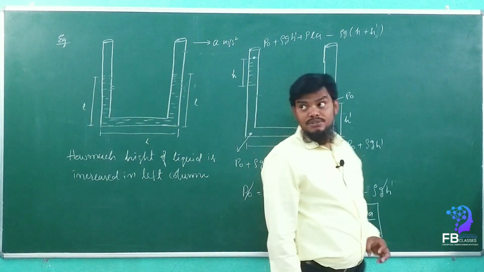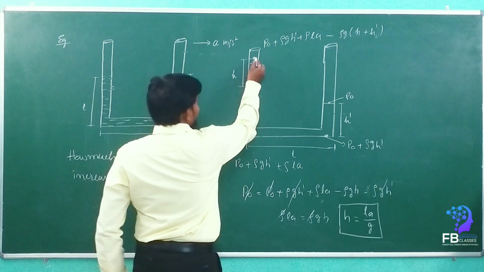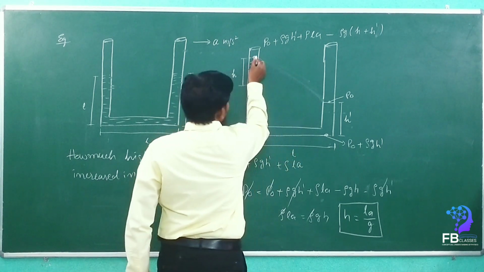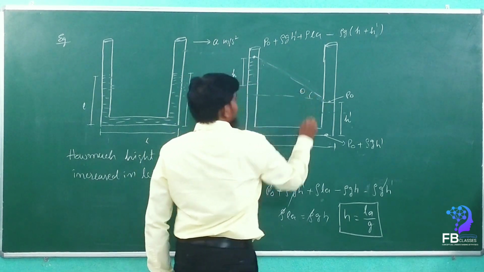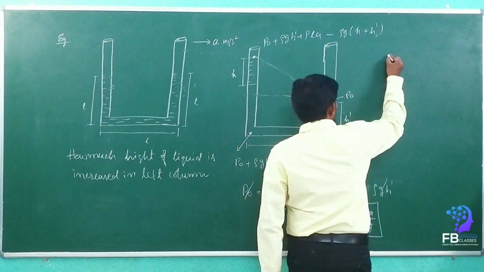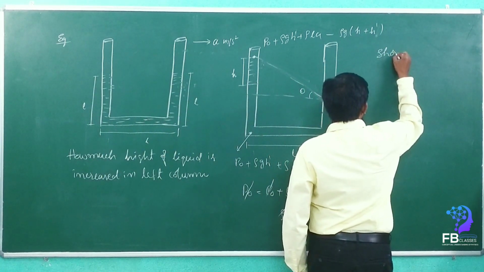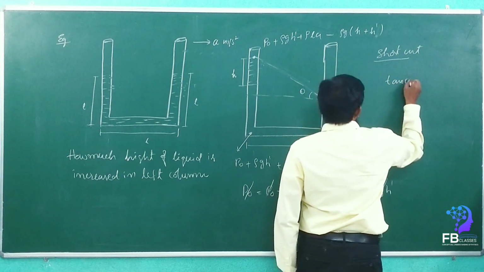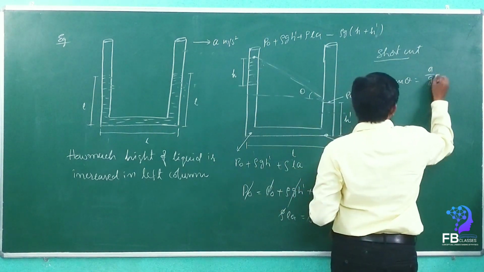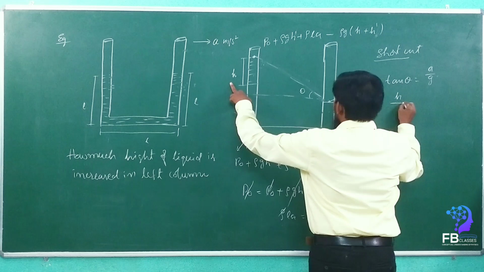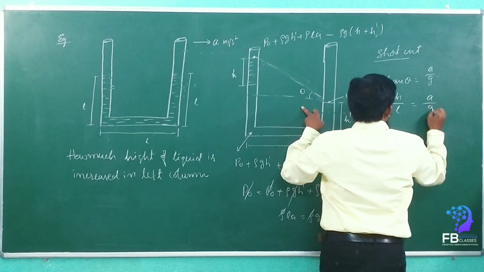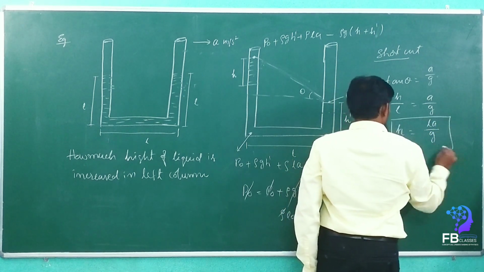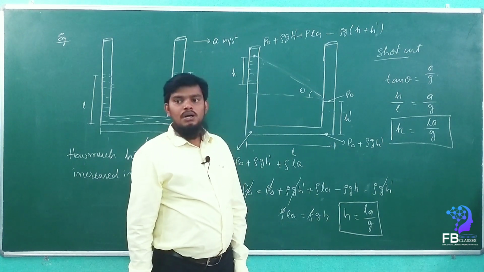Now what is that shortcut? We know very well this is only the height difference, yes or no? See here, this theta, we know that tan theta is equal to A by g, a short trick. See here, opposite is H, so H by L is equal to A by g. Now H is equal to L A by g. See, L A by g, L A by g. Okay, are you getting my point?